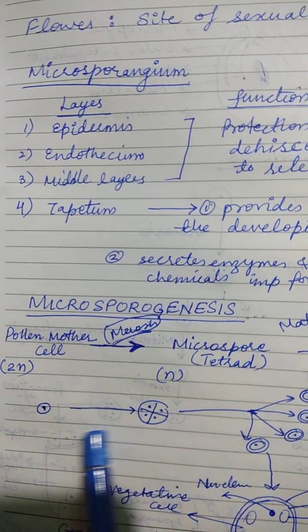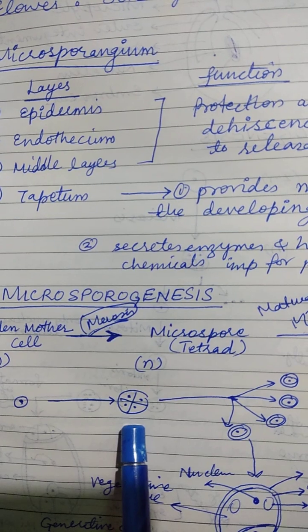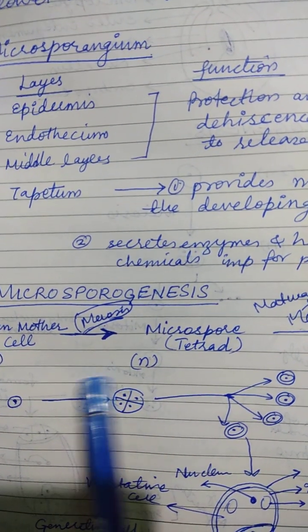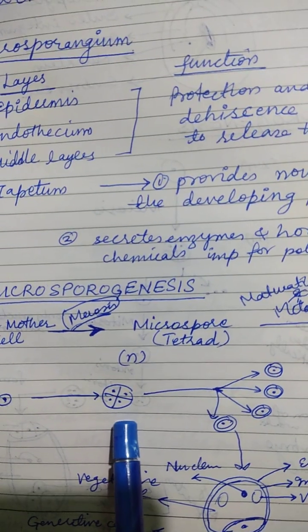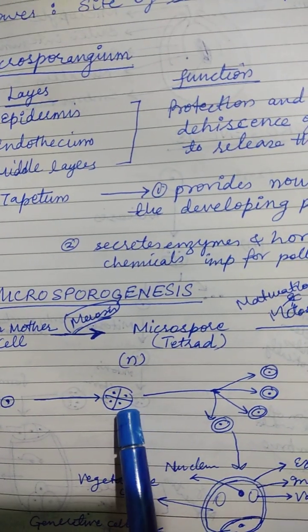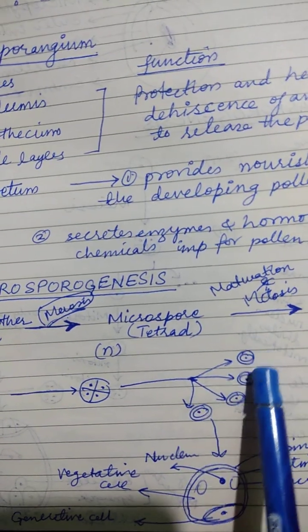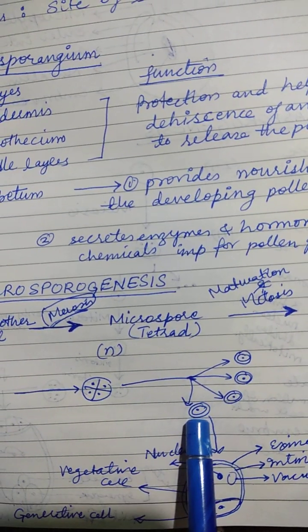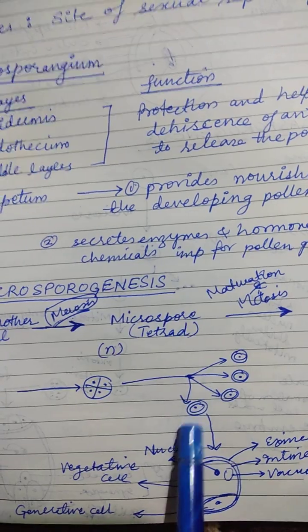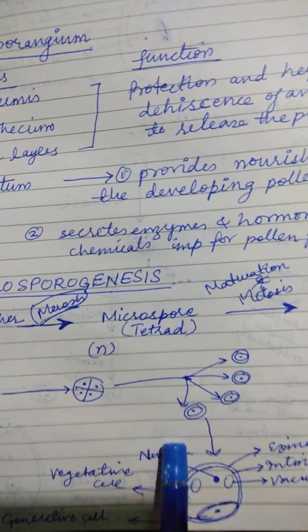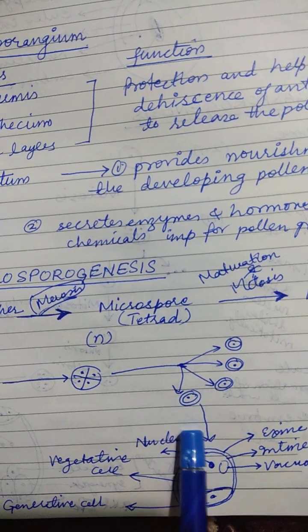The mother cell, after meiosis, is converted into 4 cells which are held together, and this condition is known as the microspore tetrad. After this, the microspore tetrad starts maturing. All the cells, the pollens, are separated and they start maturing. During maturation, the development of exine and intine occurs,